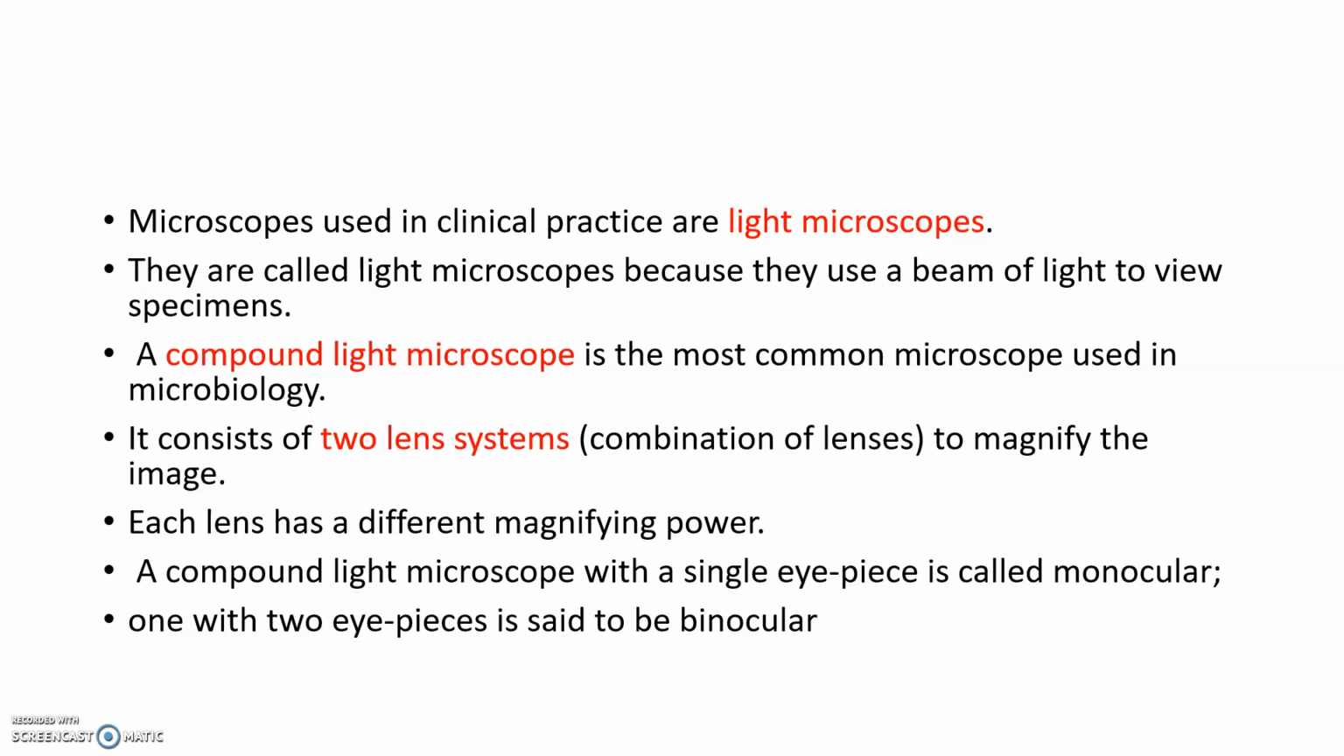It consists of a 2 lens system, that is, a combination of lenses to magnify the image. Each lens has a different magnifying power. We will look at the magnifications later. A compound microscope with a single eyepiece